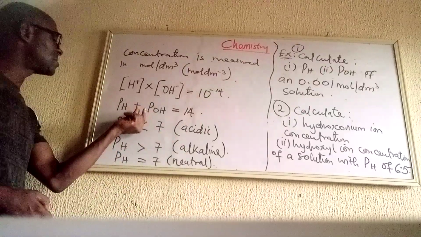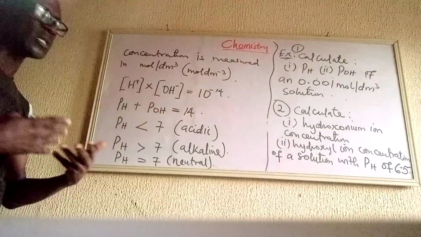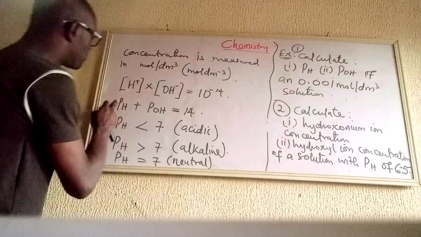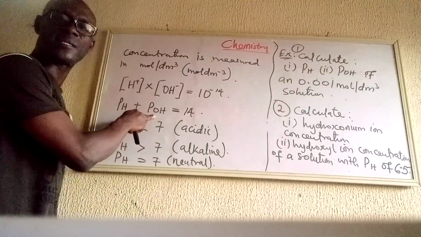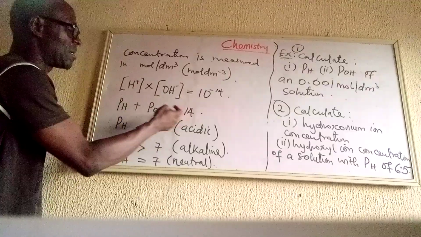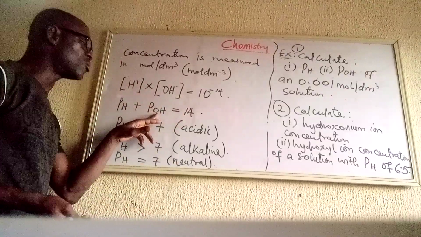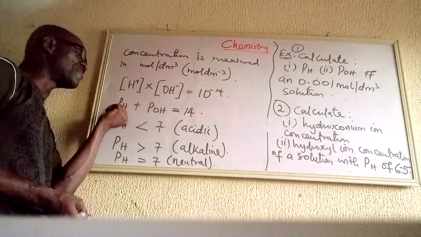But when we add the pH and the pOH of a solution together, the result is 14. So meaning that if you know the pH of a solution, you can as well find the pOH of that same solution through this formula and the other way around. That is, if you know the pOH of a solution, you can use this to get the pH of that